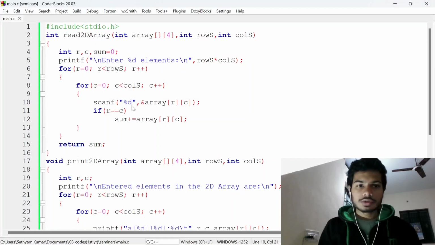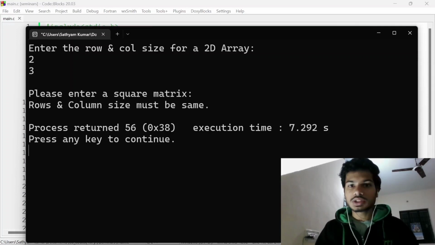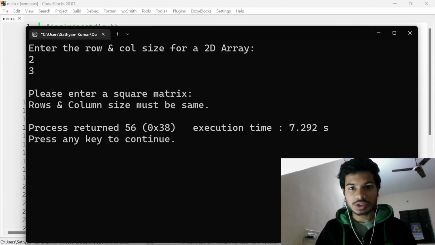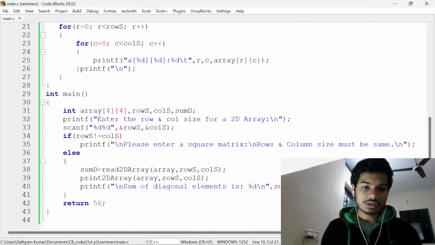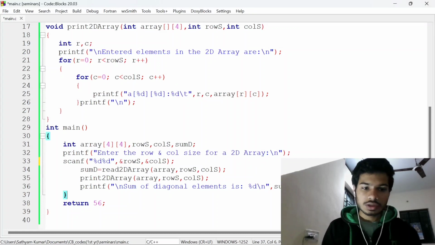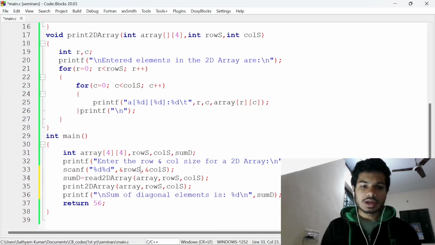So guys, here if I give the row size and column size unequal, let us say if I give the row size 2 and column size 3, so this will not be wrong, but in the case of doing operations, you need a square matrix. So doing sum of elements or multiplication of elements, difference of elements, you need a square matrix to do such operations. So that's why I have given the condition here. If you remove that condition, then there is no problem in that, but then you can't do such operations. So guys, this depends on your requirement, right? What do you want? So guys, here I have removed all the conditions here,